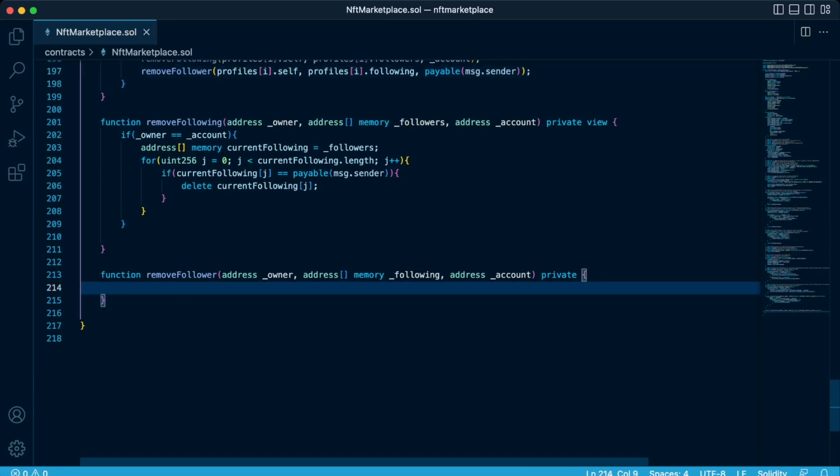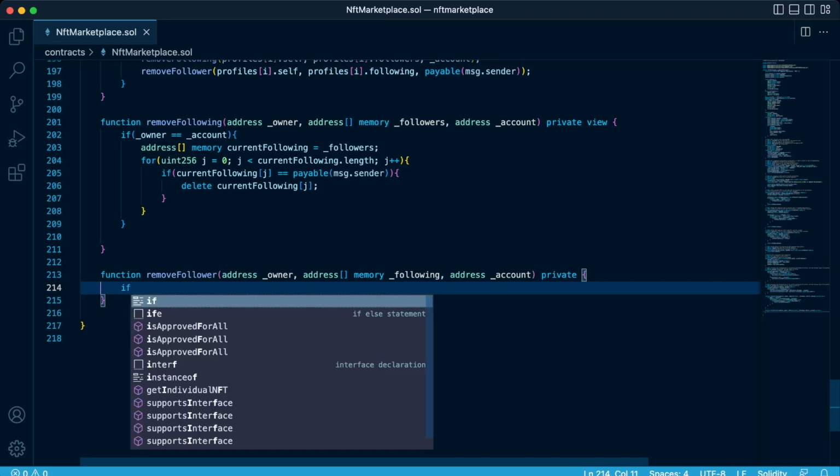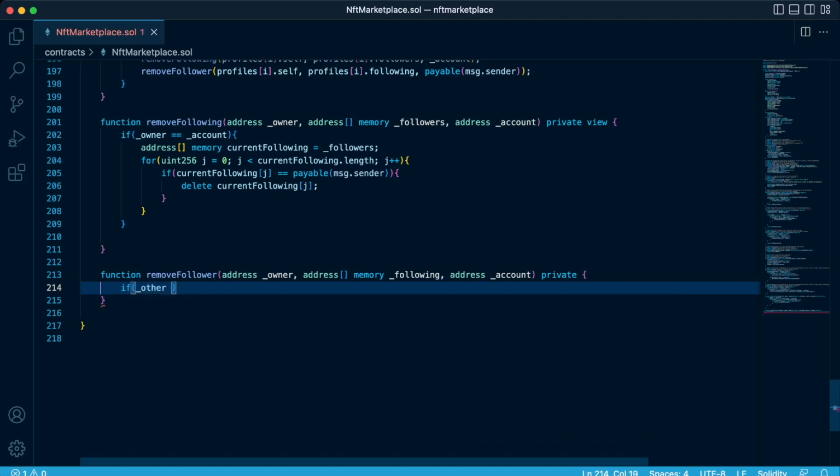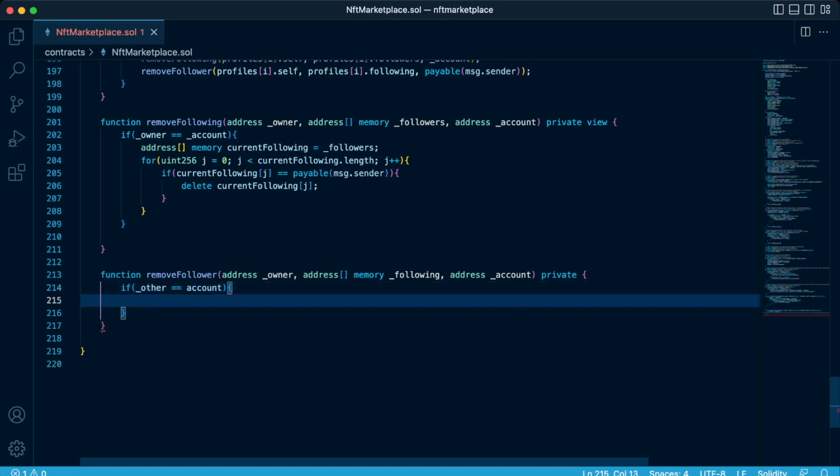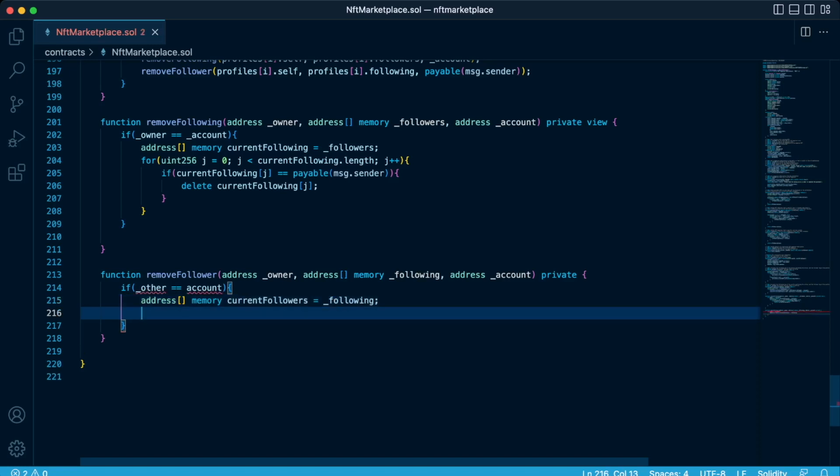The last one, this other one is almost the same thing. If other is equals to account address, current followers. The terminologies may confuse you, followers, following, but it's actually correct. So for uint256 j is equals to 0, j is less than current followers dot length, increment,